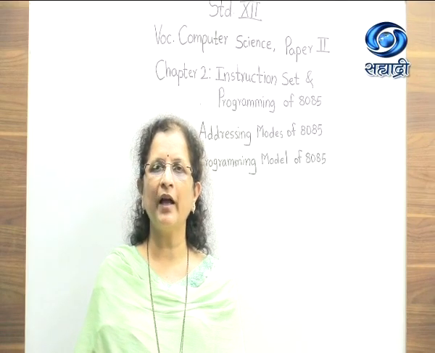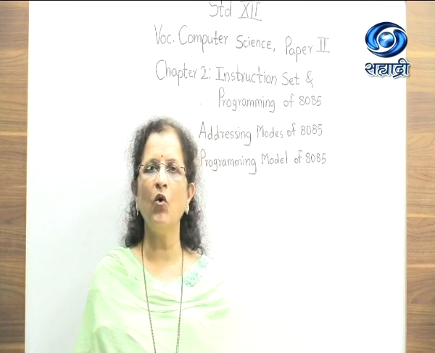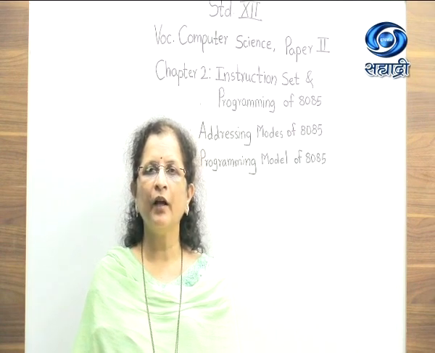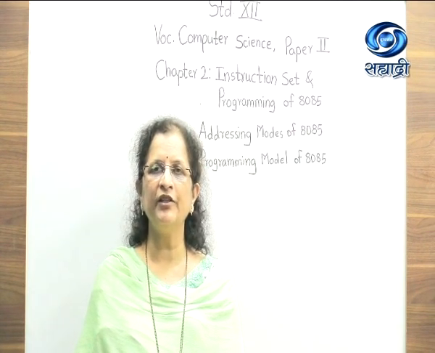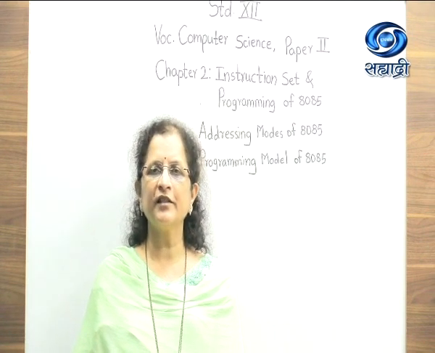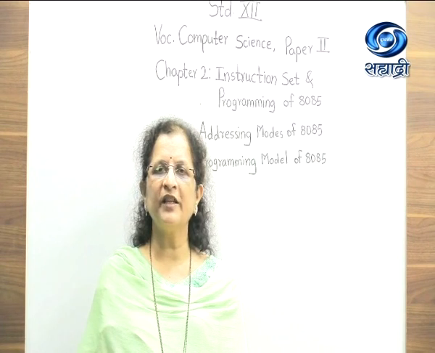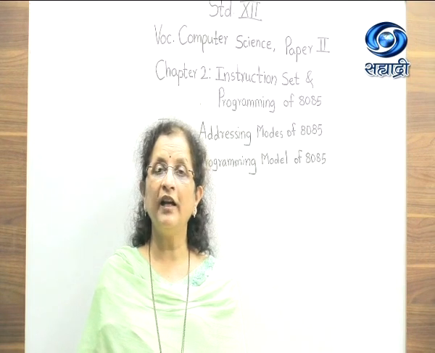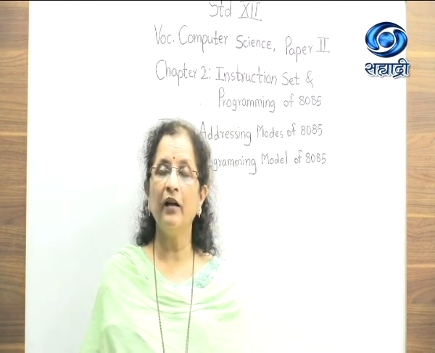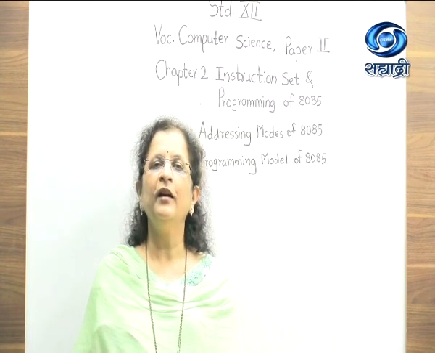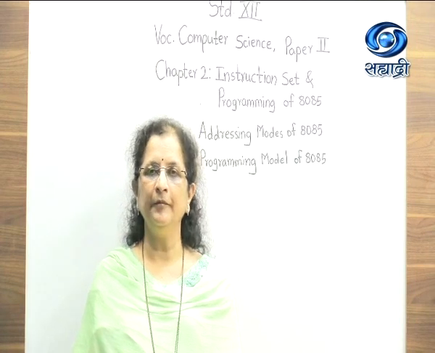So students, today we have learned definition of addressing mode. Addressing modes are nothing but various ways of specifying data. There are 5 addressing modes in 8085. Immediate addressing mode. In this mode, data is specified within the instruction itself. Register addressing mode. The data is specified in the register. Register indirect addressing mode. Data is in memory location, but the address of that memory location is pointed by register pair HL, BC or DE.